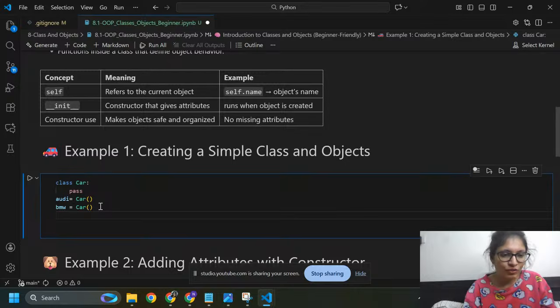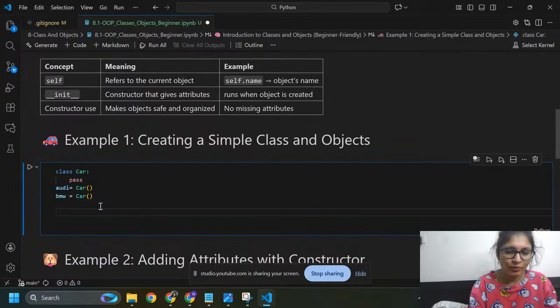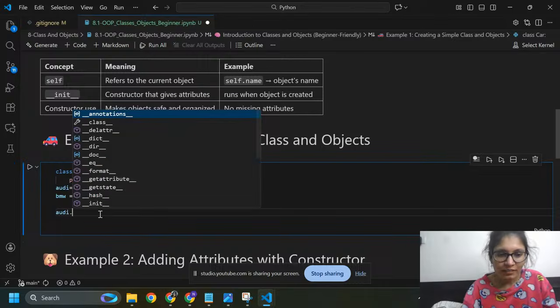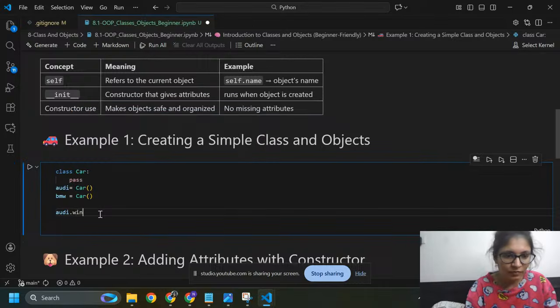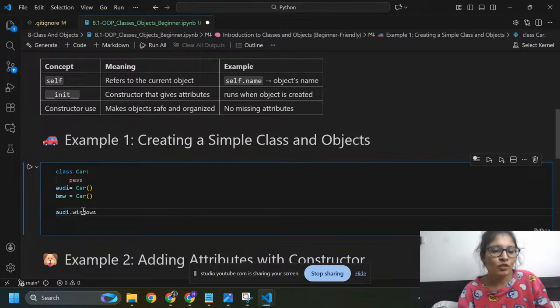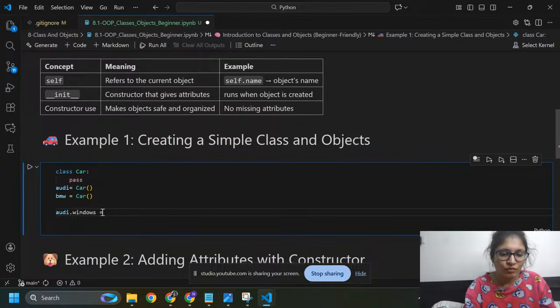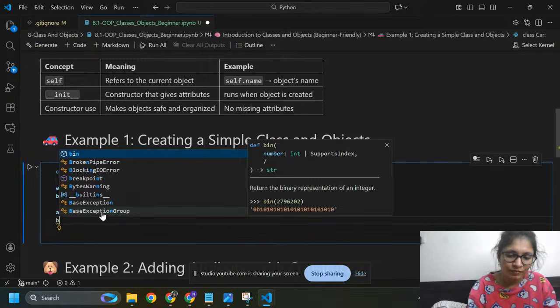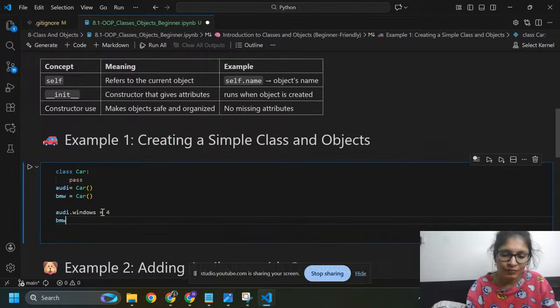And here I'm going to create an attribute. So this is the object name, and this is the attribute name, window, because the attribute belongs to the audi object. audi.window equals 4, and here bmw.window equals 2.